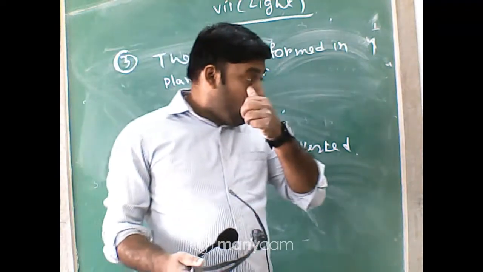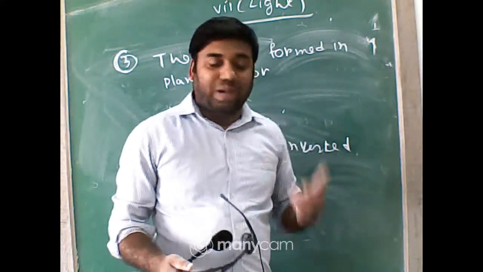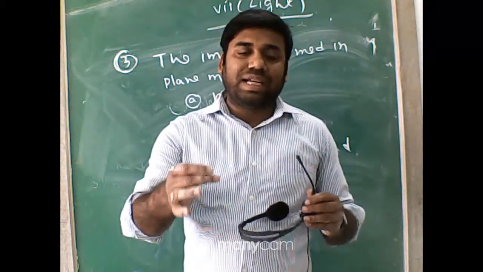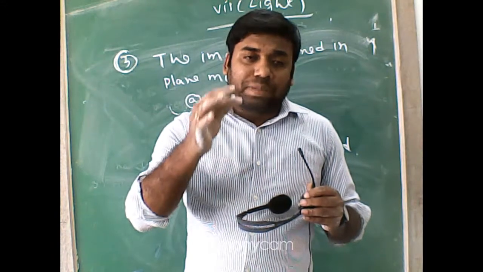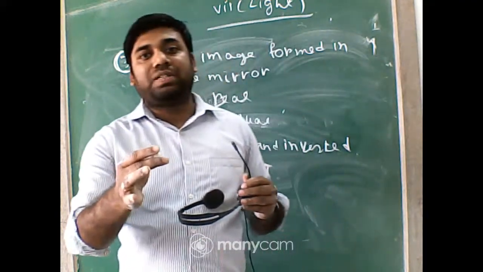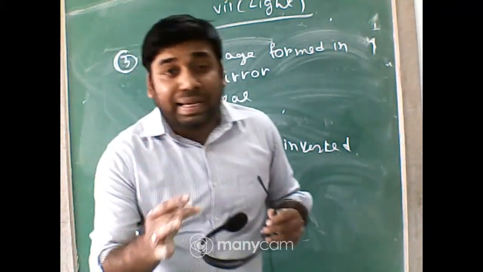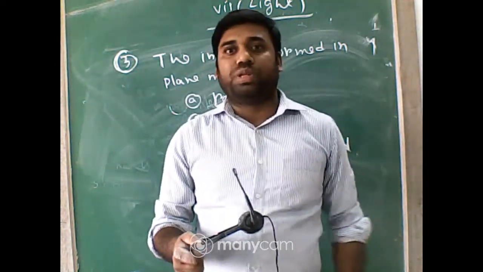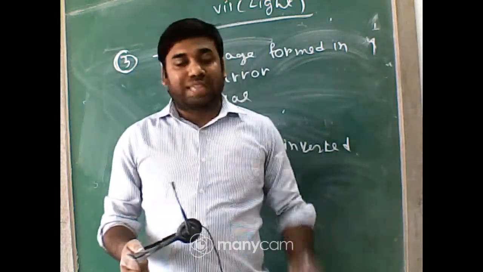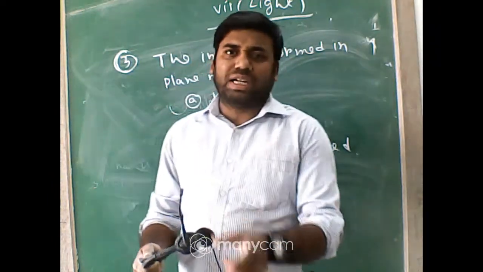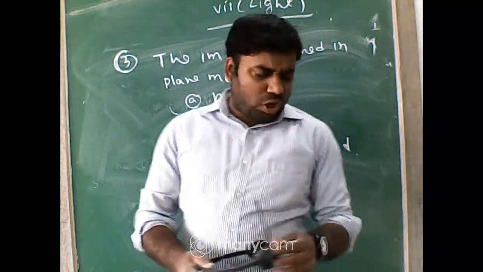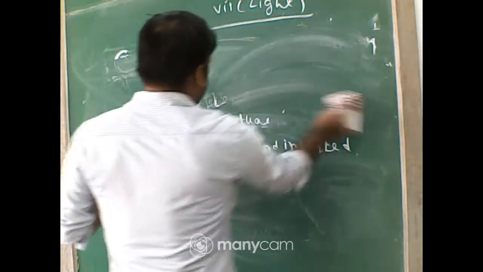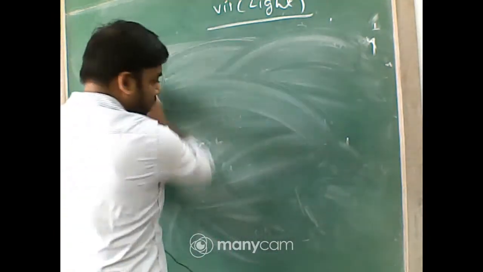And one thing, students: a virtual image is produced when, after reflection, the reflected rays appear to meet at a point. It seems they will meet at a point, that is a virtual image. That point is the virtual image, and when the rays actually cut each other, that is a real image. One example, students, I hope it will make the concept of real and virtual image clear.